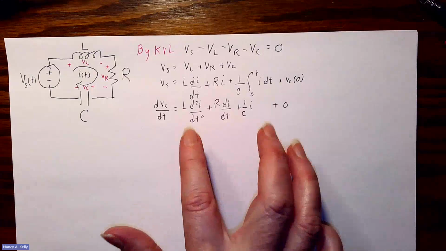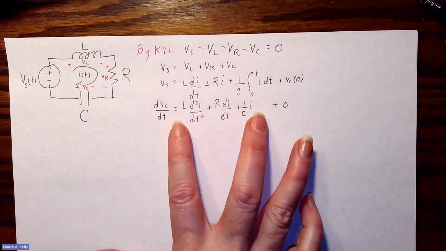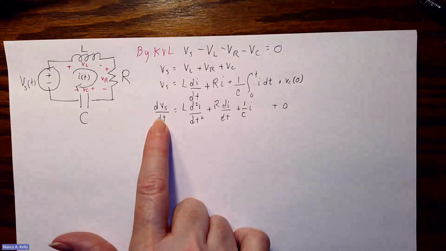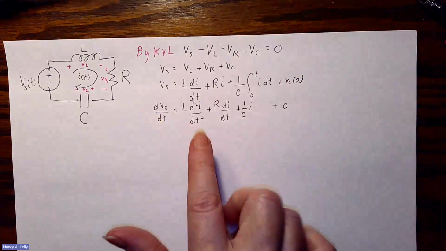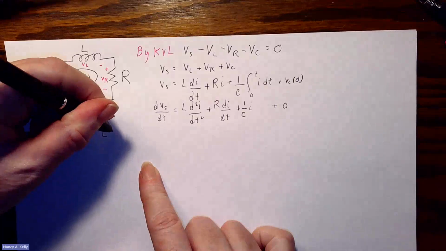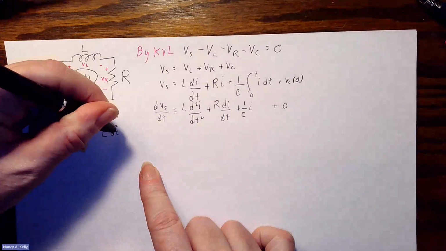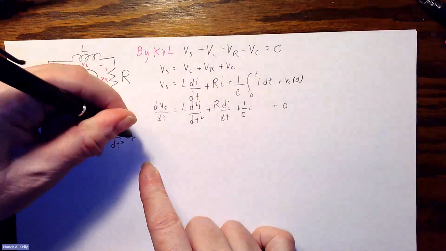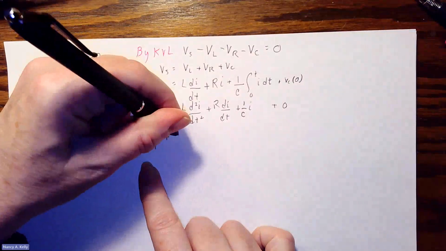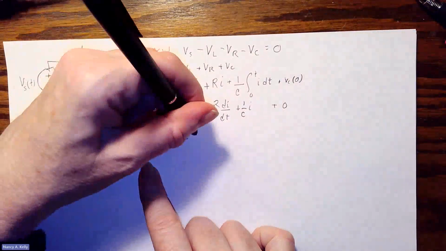Okay, so the next thing we're going to do is switch sides. We're going to take all these terms here that are on the right side and put them on the left side, and take this term that's on the left side and put it on the right side. So we'll take this stuff here and just rewrite it down here. We have L d squared I dt squared plus R di dt plus 1 over C times I is equal to